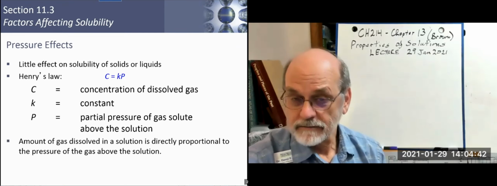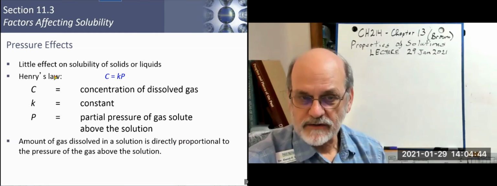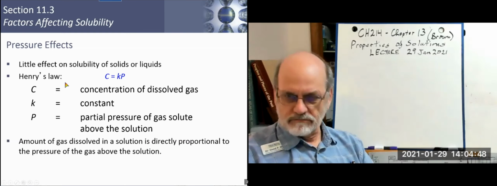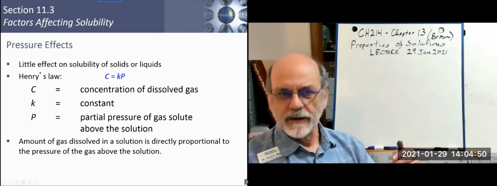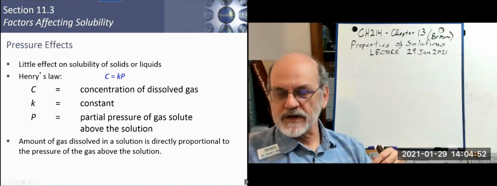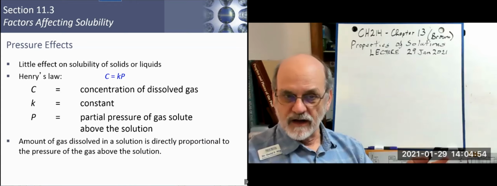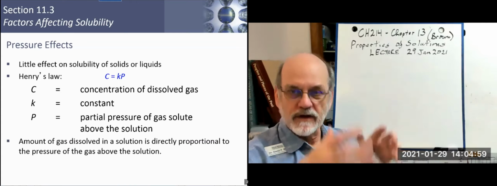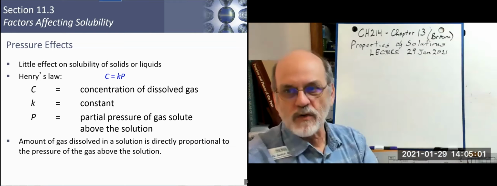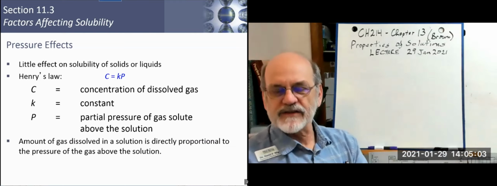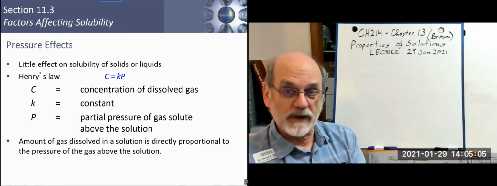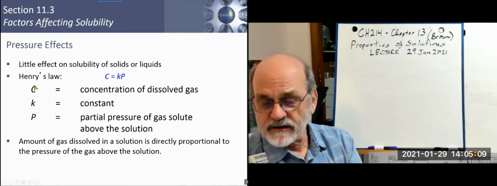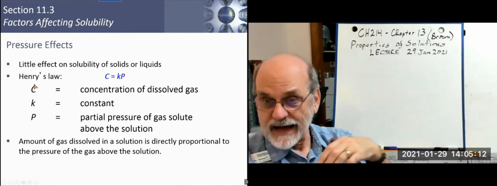Okay, for Henry, we can express, and remember this is a law, and in the first general chemistry course, we discussed the difference between a law and a theory. A law just defines relationships. Like if you have these sets of circumstances, you'll always have this outcome. And in this case, we're expressing it in terms of a formula. So if you want to know the concentration of a gas in a liquid,